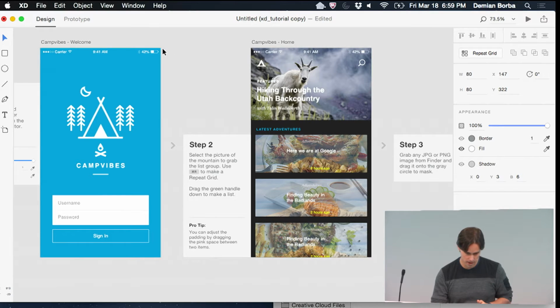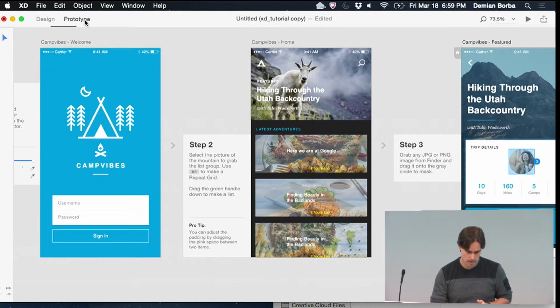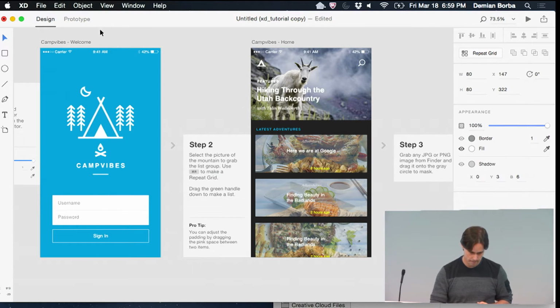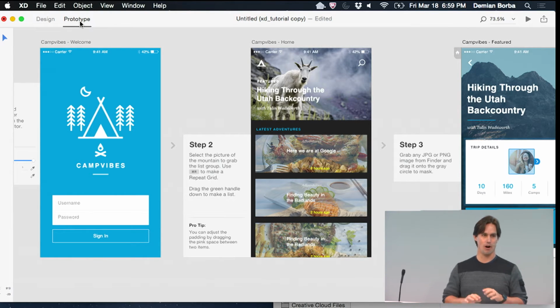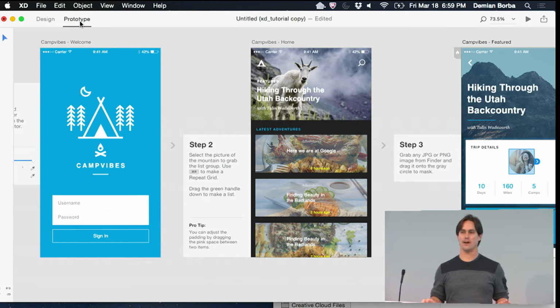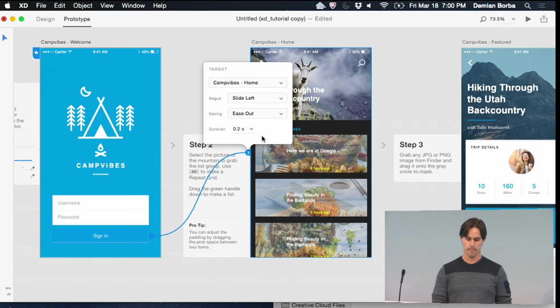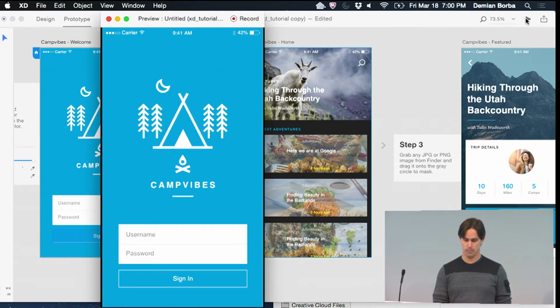I will move my mouse here, and that's it. Now I'm in prototype mode, and I can start prototyping things. I can do it again, so let's do it again. Prototype. So all that complexity of exporting, it's not here anymore. And I can start, for example, as soon as the user taps on this guy here, I want it to go to this screen. And then if you preview,